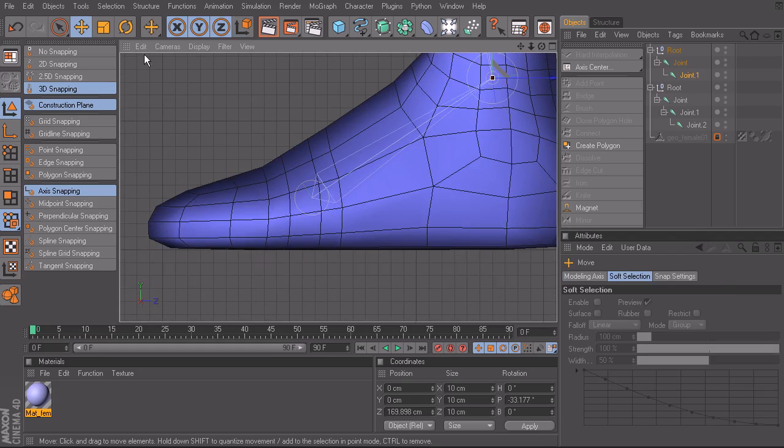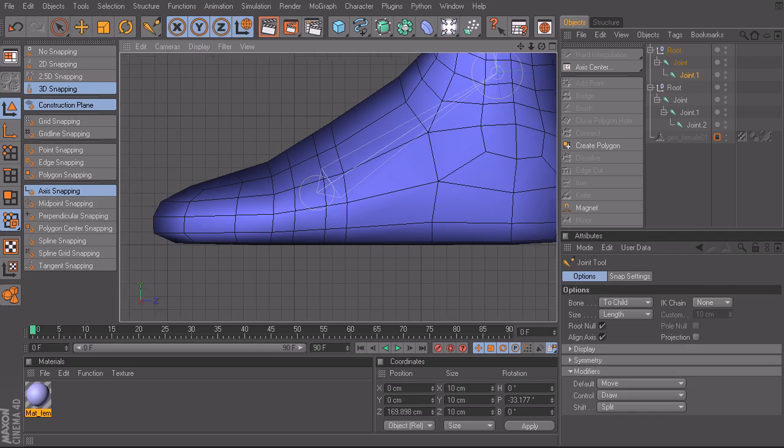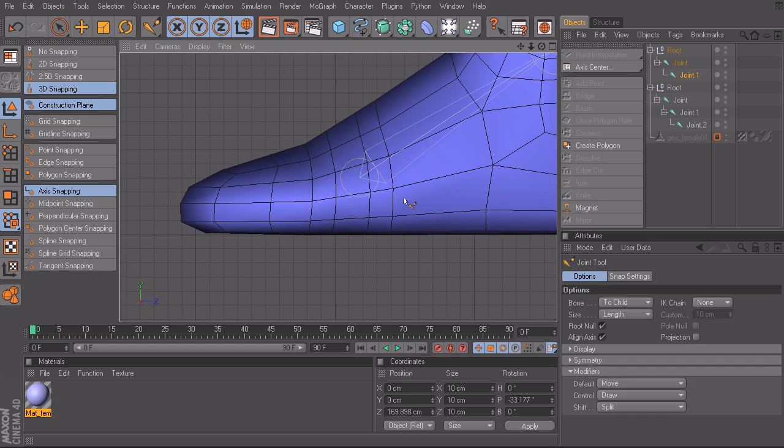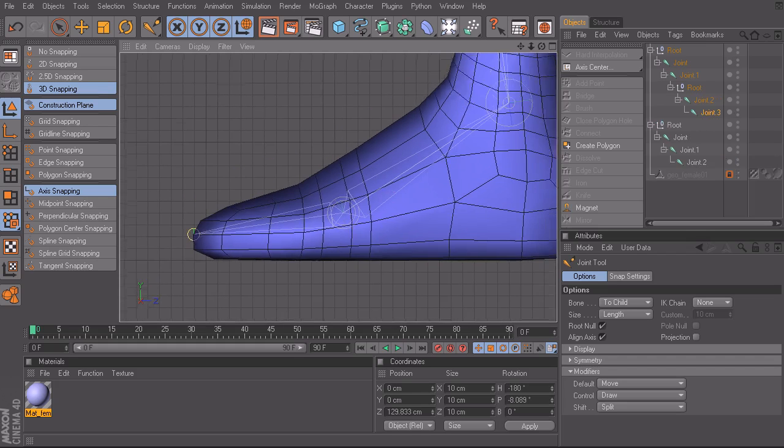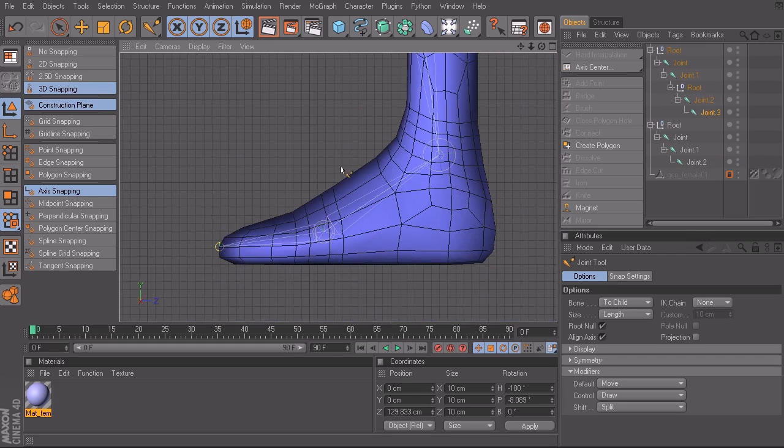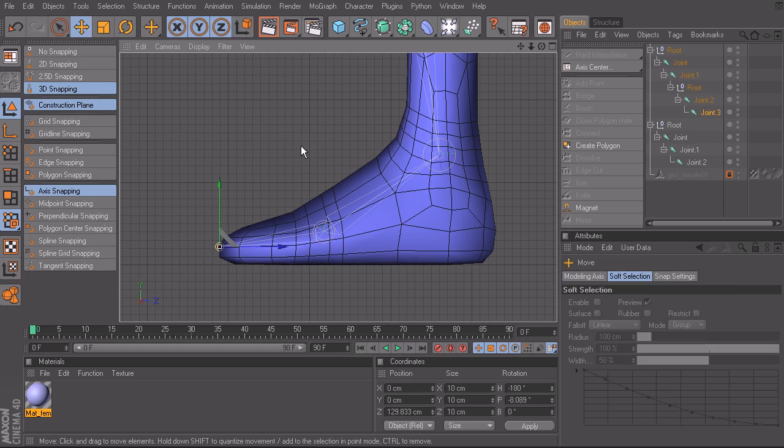So going back to that joint tool now, I'll hold down Control and snap to the root of our ball joint, and then hold down Control once more and click to finish the chain at the end of the foot. All right, so let's see what this is going to give us. If we were to, let's say, exit our joint tool again,